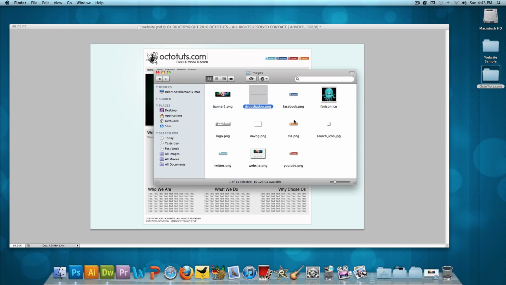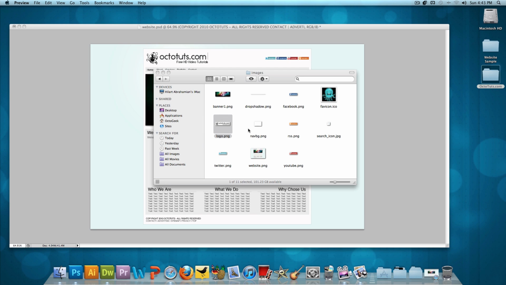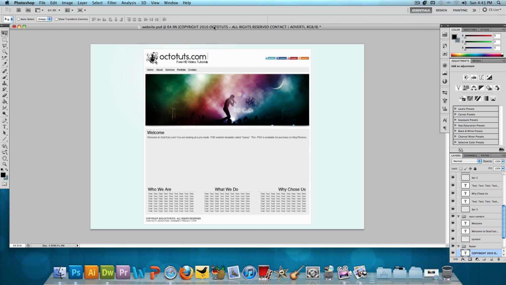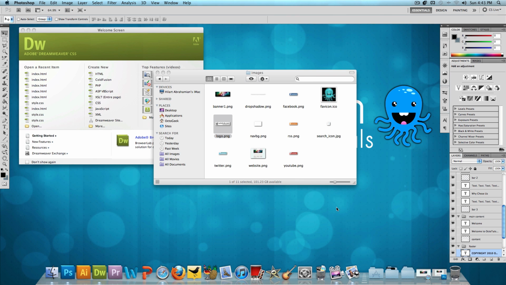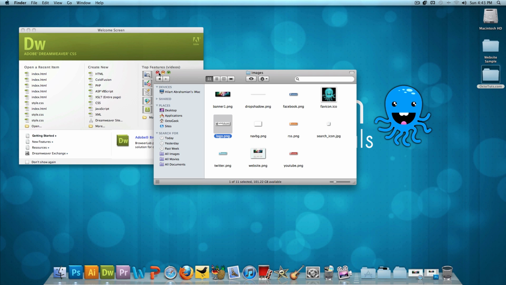We have all 4 social network icons. We have the logo, a favicon, and that's pretty much all that we need. You want to go ahead, quickly look through your website template that's made in Photoshop and just grab important pictures and stuff like that that you're going to need to include into your website. And when you have that done, just put all of those in your images folder, and then open up Dreamweaver